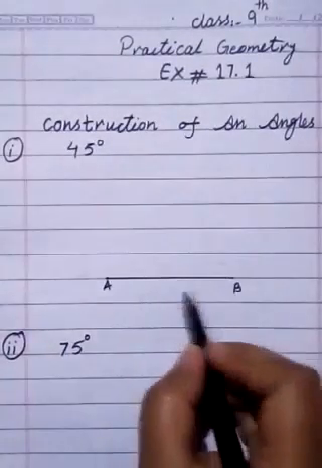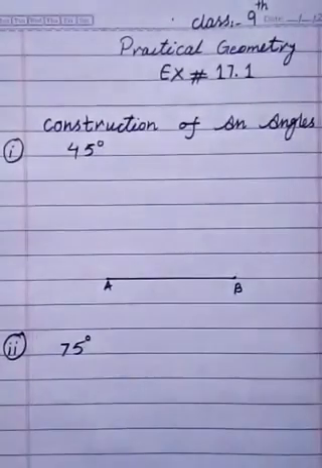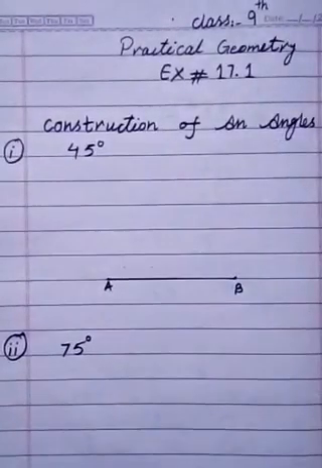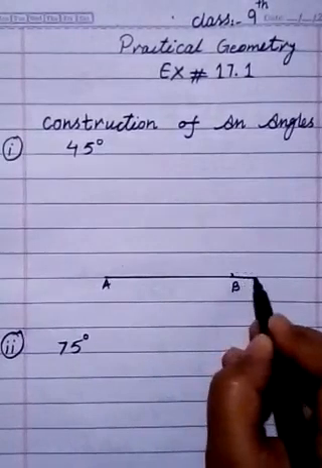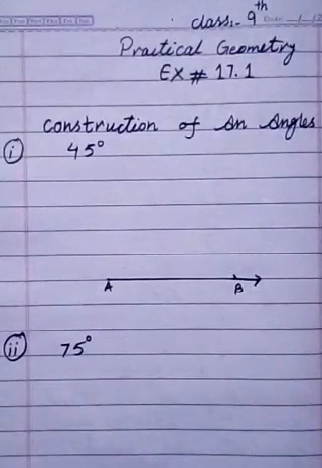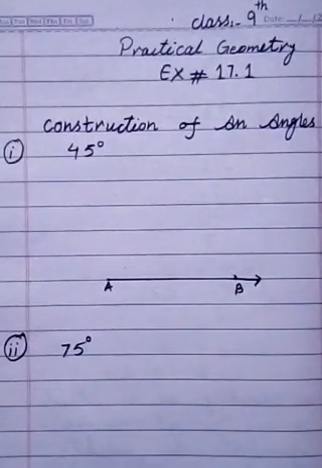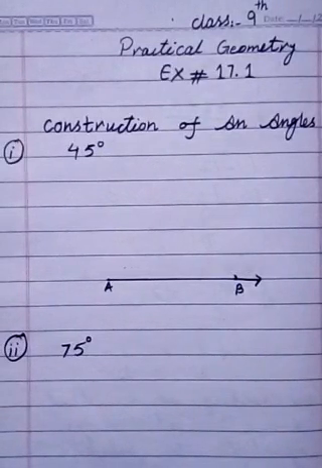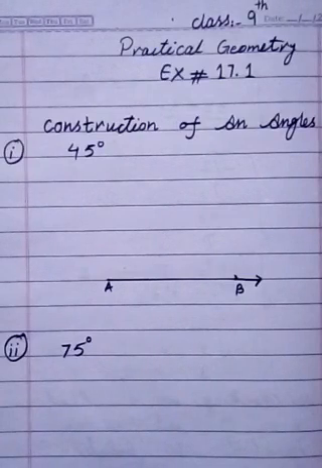Now you can take it as a ray, because we cannot construct a triangle here. We just construct an angle. So 45 degrees, you just have to remember this: 45 plus 45 equals 90 degrees. It means 45 is the half of 90 degrees, and the double of 45 is 90 degrees. The angle which becomes with the help of half or full angles, then you have to take it here.